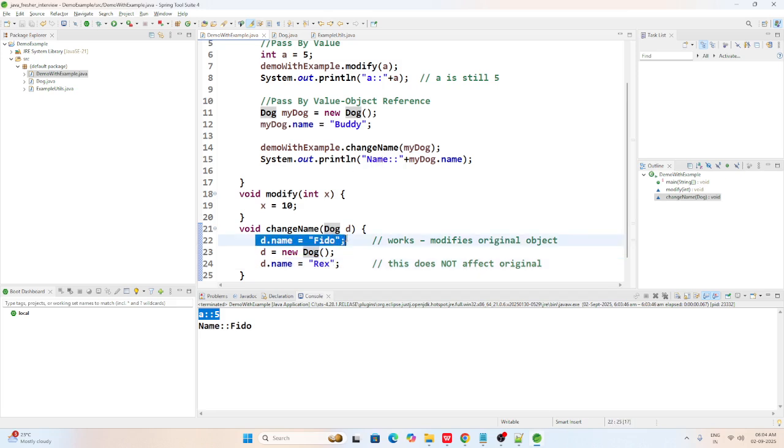The reference points to the original object, so it can change the property, but it will not change the object itself. Finally it will show Fido as the dog's name.